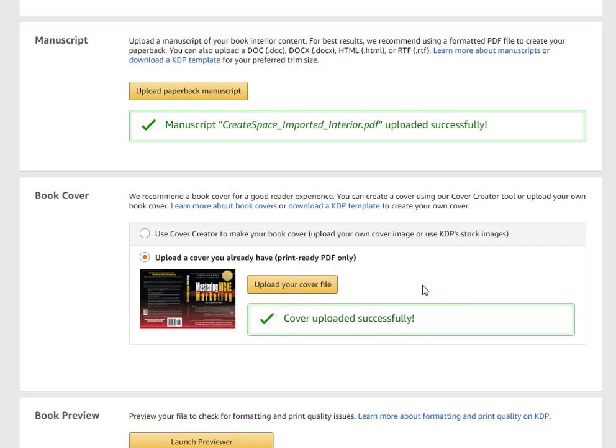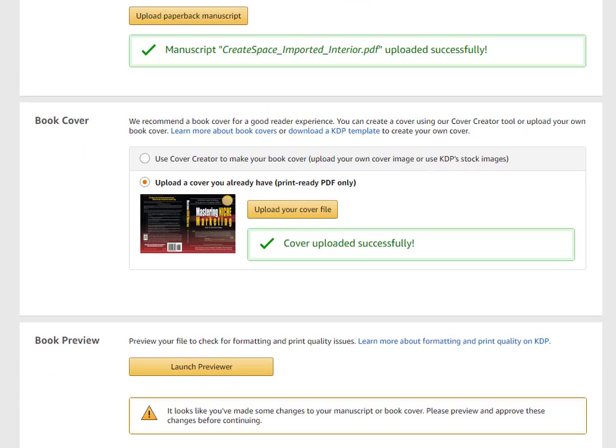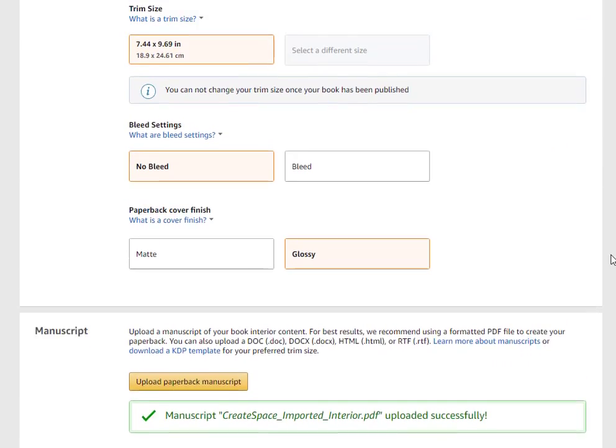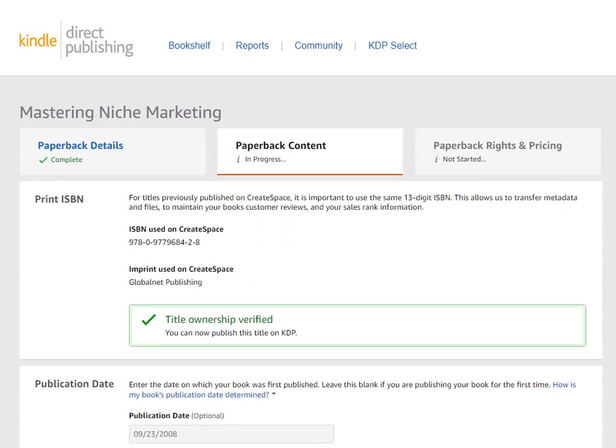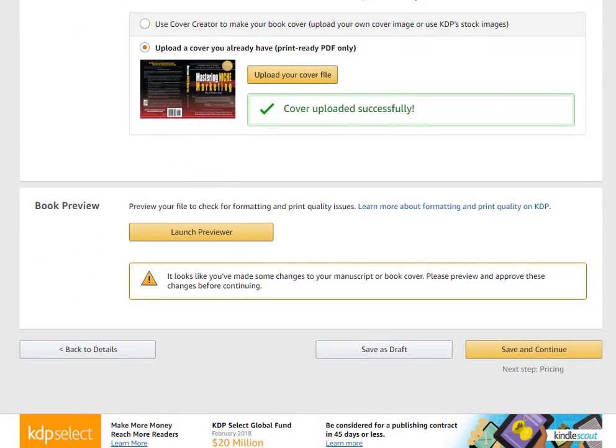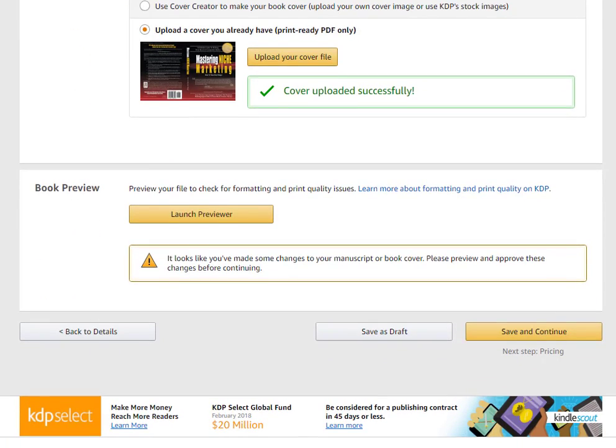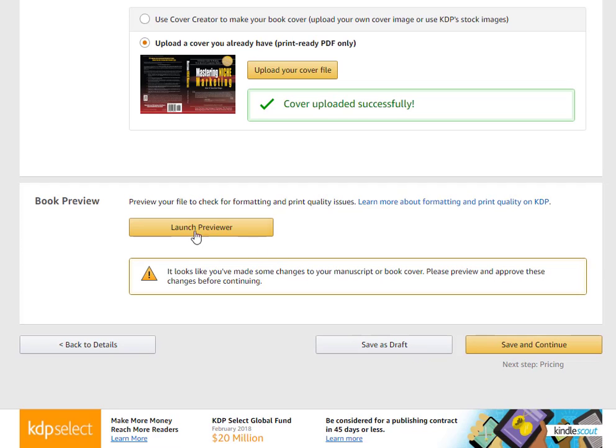Now, if it's been uploaded successfully, you may even be lucky to see your book cover. So there you go. The book cover has popped up into my display here. So I think everything looks fine at this point. There may be a comment down here that looks like changes were made, but that's normal. Let's see. I think everything is good here. So what I'll do is I'll launch the previewer to take a look at